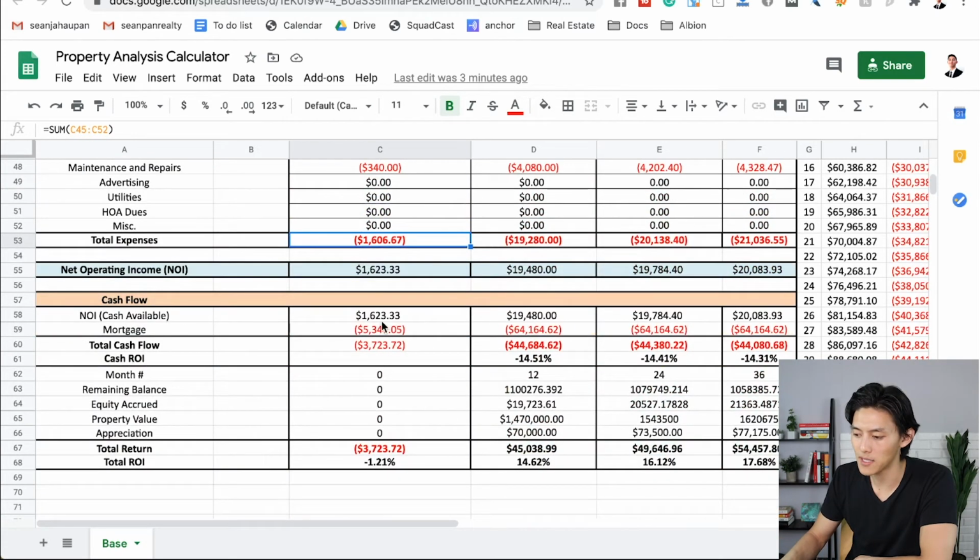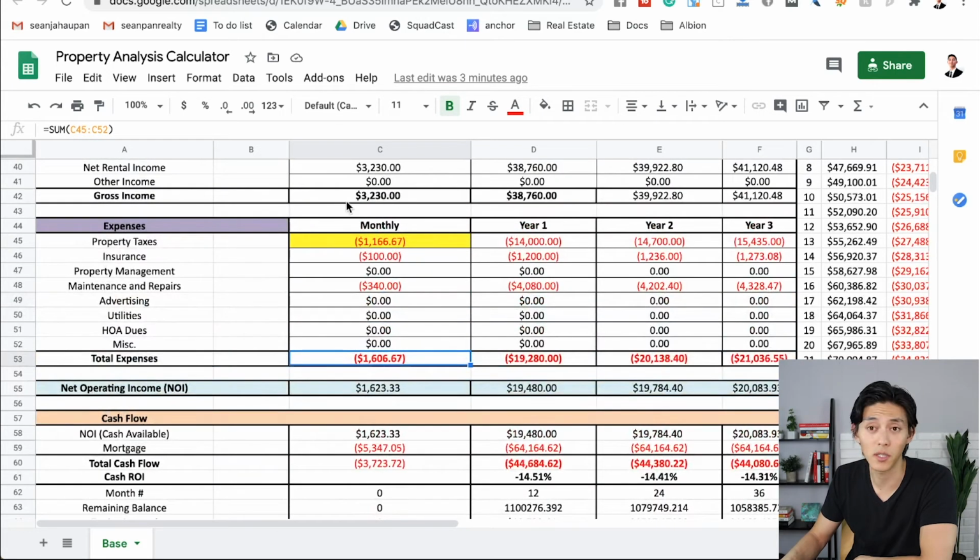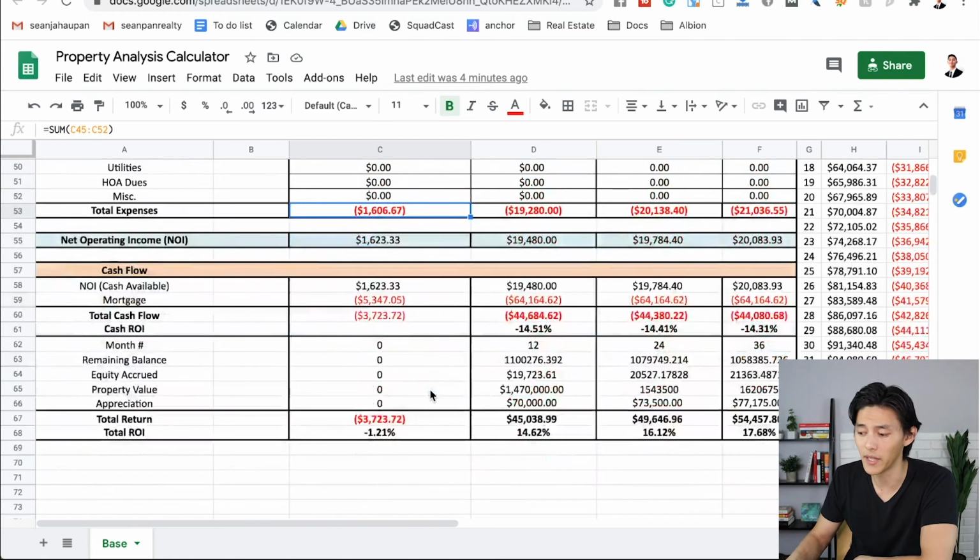So if your expenses are $1,606, then you subtract that from your gross, which is $3,230, you're going to be netting $1,623. But then you have the mortgage on top of that. So your mortgage is going to be $5,000. You take that away from your net operating income, and you're going to be losing